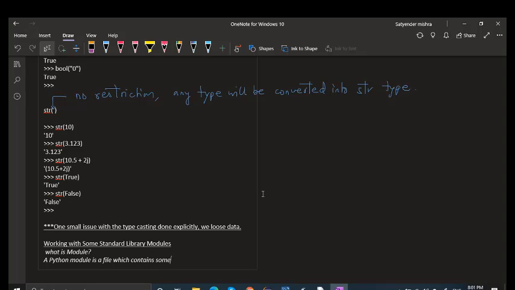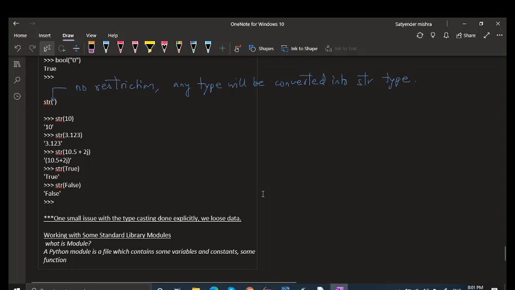some variables and constants, some functions, objects defined in it, which can be used in other Python programs.